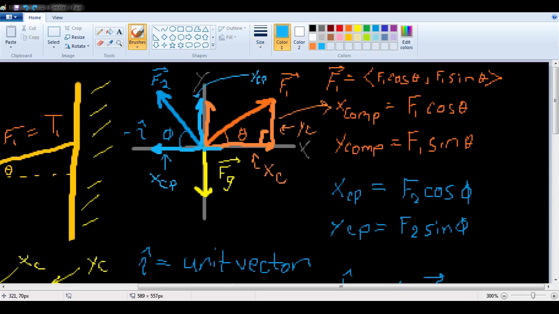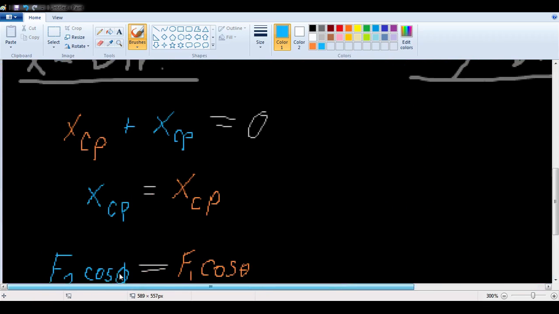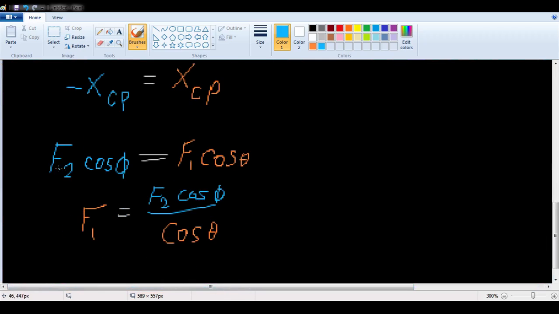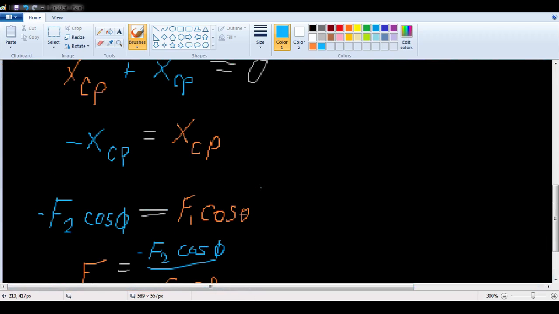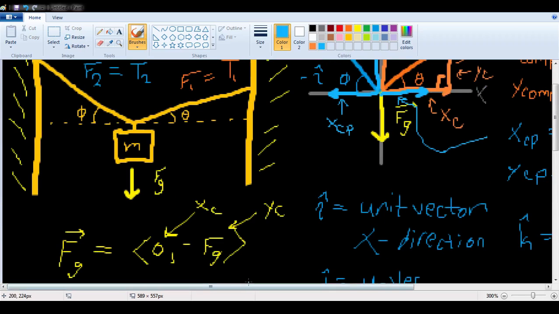You can say that it's a negative value in the positive direction. So that way you have both of your vectors pointing in the same direction, and then you can include this negative sign down here. So you can do that,